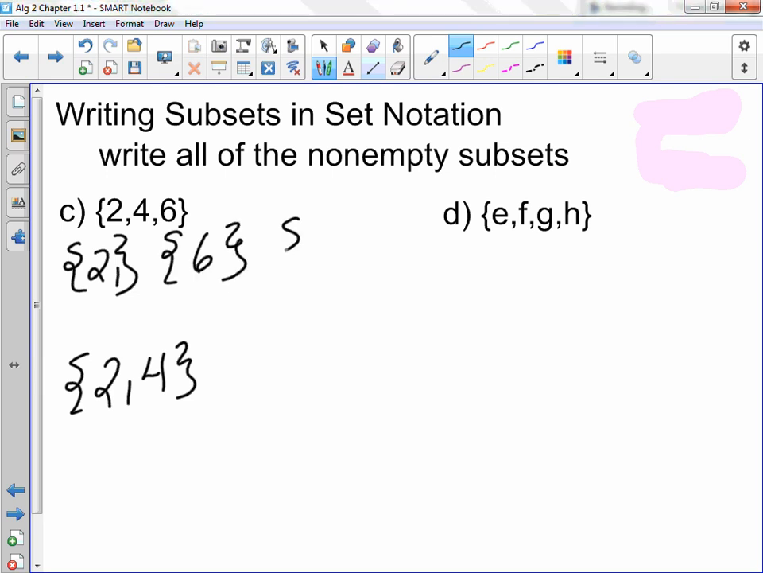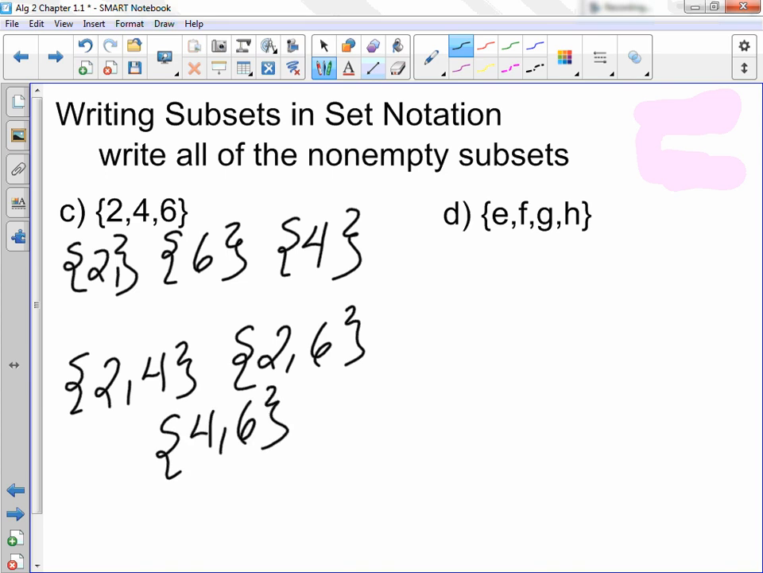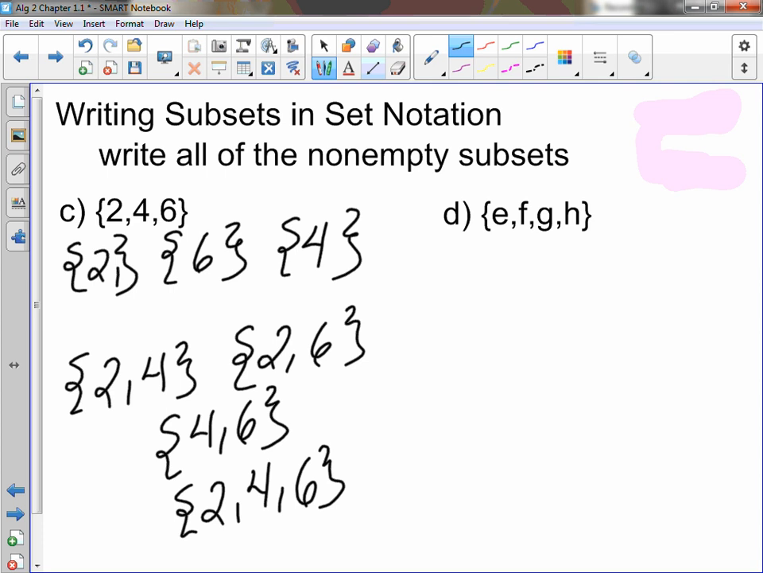So what does that also mean? 6, and we also have 4. So we can have just 2, we can have just 4, we can have just 6. So we can also have 2, 4, we can also have 4, 6. Have we covered them all? There's 2 more. One of them would be what? 2, 4, 6. There's nothing that says that it can't contain everything in the set. Okay? The other one,